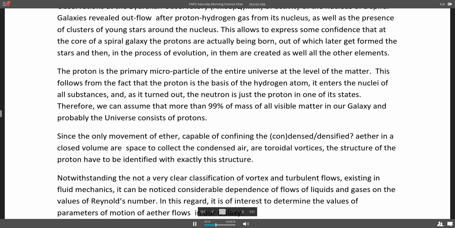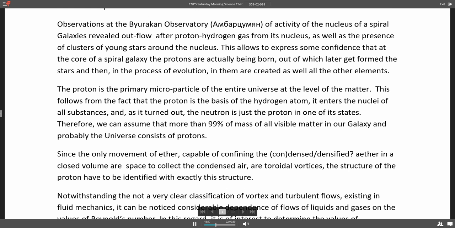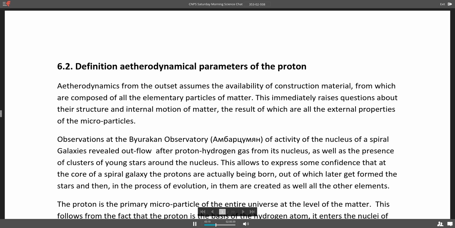Well, it says, as shown below, the ether flows. Okay, let's go up more. Observations at the Bayurakan Observatory. And I think that's referring to... Yes, there might be something. I don't know at what time it was, but apparently he did not know about findings that